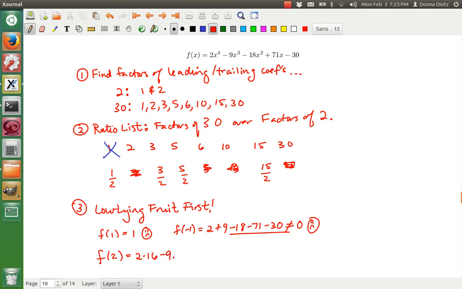Minus 9 times 8, minus 18 times 4, plus 71 times 2, minus 30, and I'm not going to get my calculator out. I'm just going to let you get your calculator out. And you're very, very happy because we got ourselves a root. And then what we do